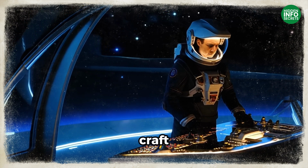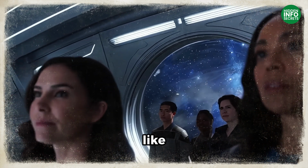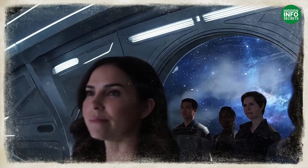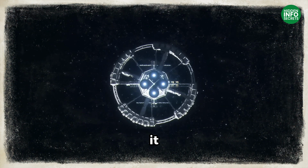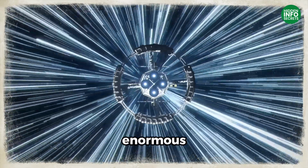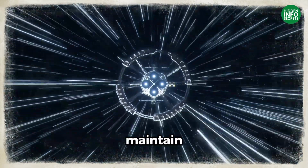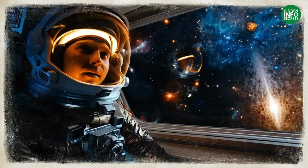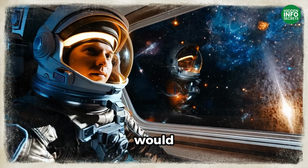And the craft moves unbelievably fast. The walls of the bubble produce the necessary momentum, just like the momentum of rolling balls. If you decided to take up the task of controlling a warp bubble, it would require a great deal of coordination. Such bubbles need enormous amounts of matter and energy to keep passengers safe and maintain the correct passage of time, plus communication between people inside and outside the bubble would become super distorted during the passage through the